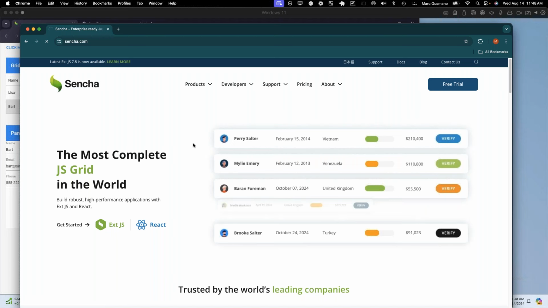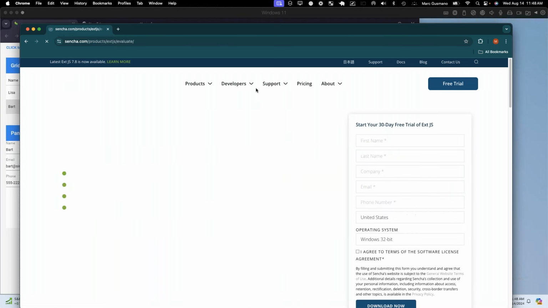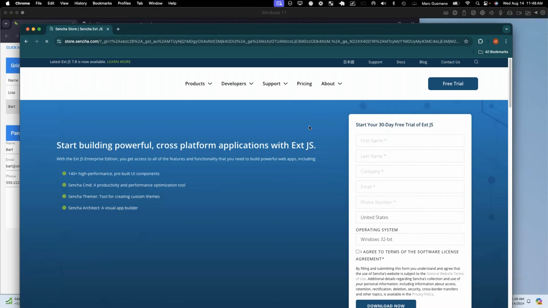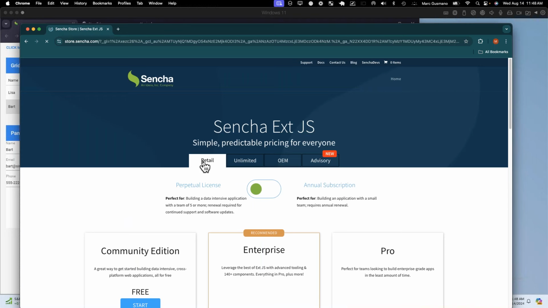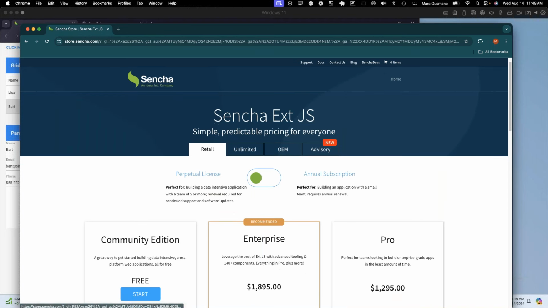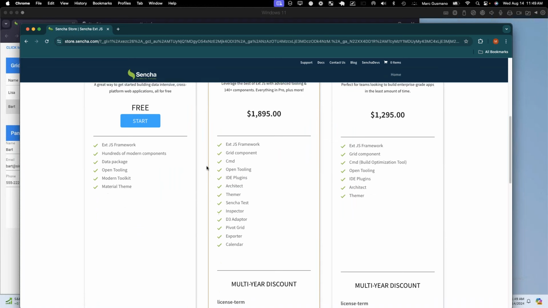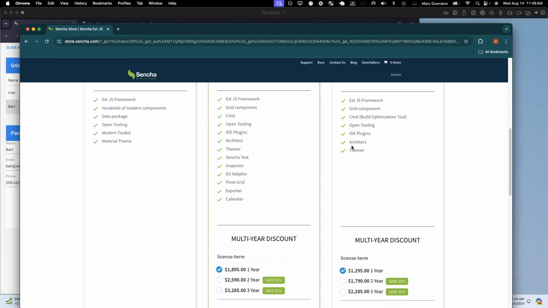I don't know if it's under free trial, but there is a place where, maybe this is it right here. There we go. If you go over to this pricing link, you'll see here that the Enterprise and Professional editions are listed. So both of them have all of these capabilities up top here. So the framework, Sencha command under the covers, open tooling is actually ExtGen. So all of those. You will get Architect, the IDE plugins like the Visual Studio Code plugin I mentioned before,